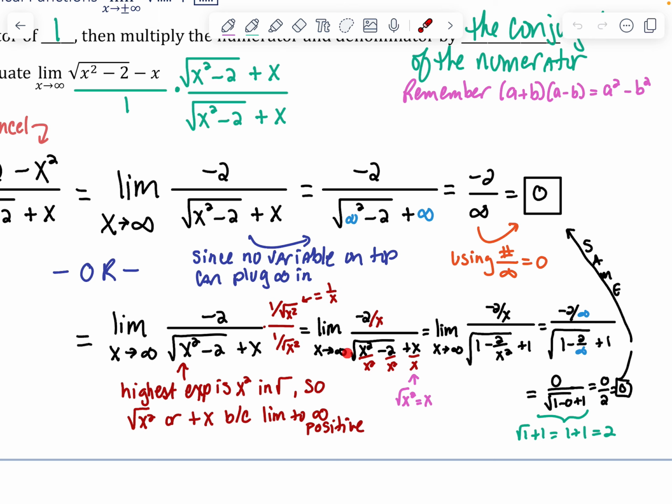So I've got it laid out here. This radical might be hard to see, but it goes all the way down. As I simplify anything that can be simplified, I still have the limit, but I'm going to get rid of it when I plug infinity in wherever x was. Anything over infinity is 0, even if it's inside of a radical. So I've got a radical of 1 minus 0, which is really just the square root of 1. And then we had this 1 that was outside the radical, so we've got 1 plus 1 is 2. But even though I have 0 over 2,